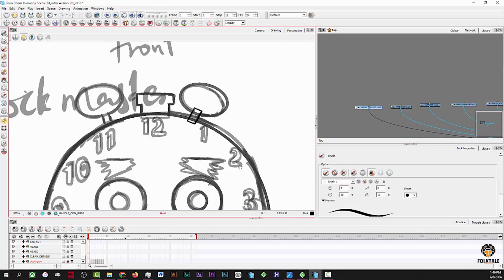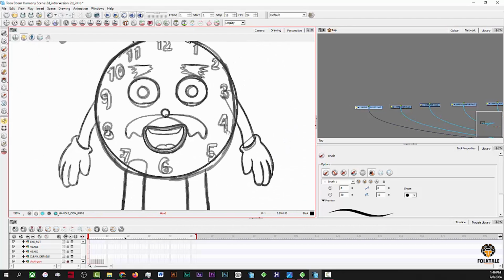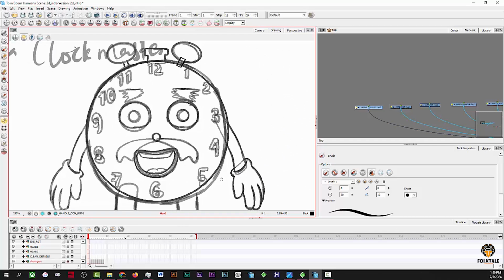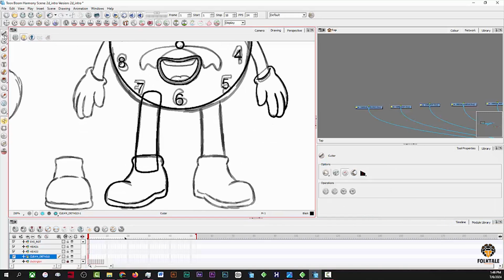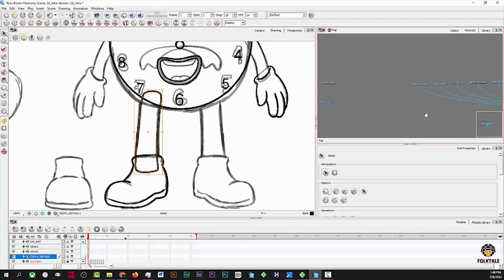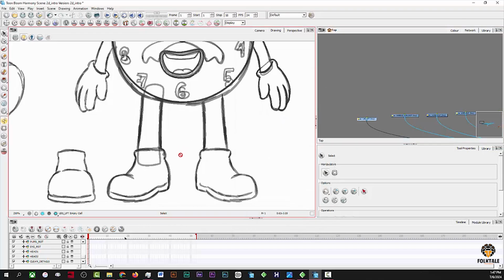Then we go to the next one, which should be the feet, the legs. I think so. Yeah, the legs. We are going to come to the numbers after the legs. So we are going to copy. I'm going to copy this leg, Control C. Then I will connect another layer to the composite and call it leg left. Since this one is on the left hand side, I'll call it leg left and Control V to